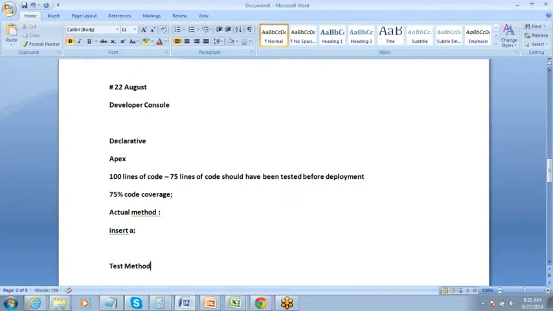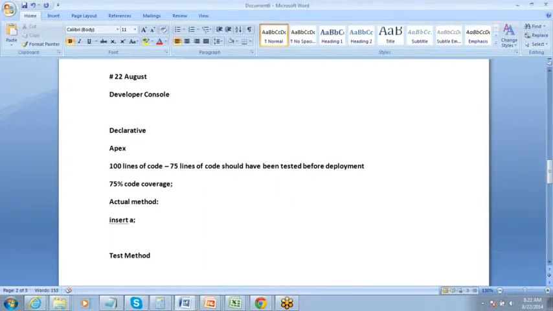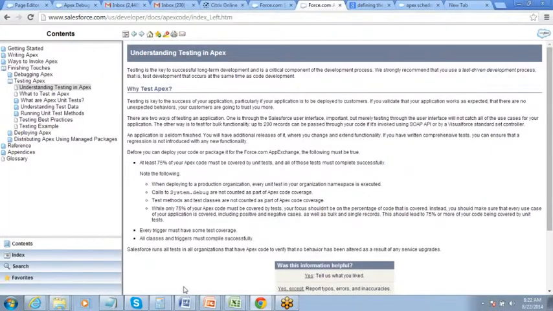Okay, so that is the logic. So you'll have to write a test method to see whether this particular actual method is working fine or not. So this is what testing means, right? So in this insert method, if there are 20 lines of code, at least 15 lines of code need to be tested properly. Fine. So that is what Salesforce suggests.